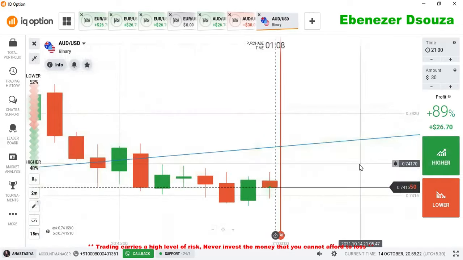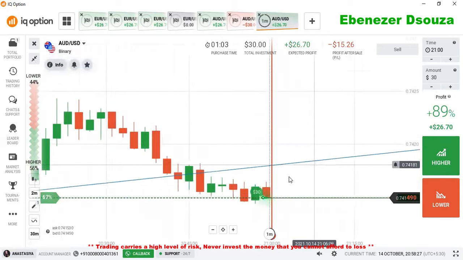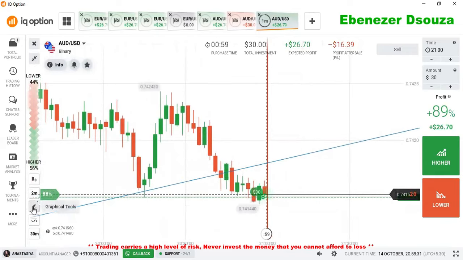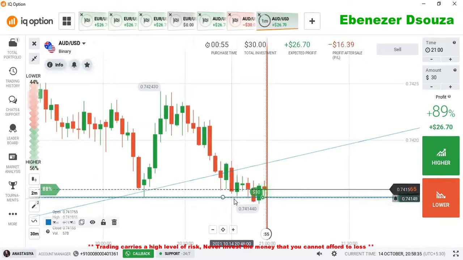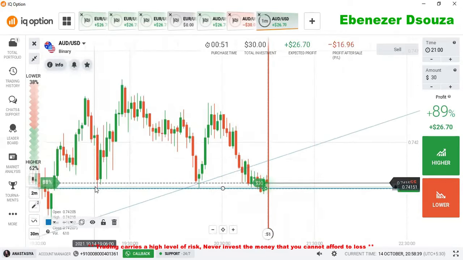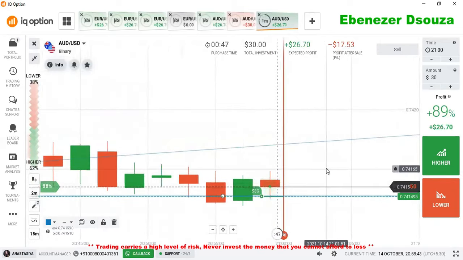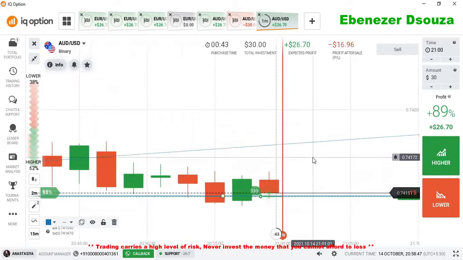Okay, I will go with buyers. Okay, very good entry point. So I will go with buyers because this is a very strong candle, and I am seeing rejection again and again from the same round number, from the same strong buyers zone, and the previous candle is a very strong candle. That's why I wanted to go with buyers with margin of safety.